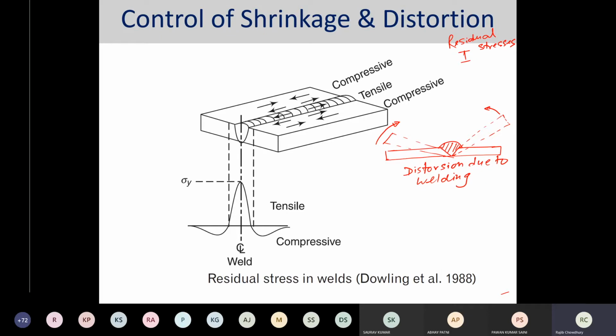Whereas the transverse shrinkage produces both angular and out of plane distortion, and due to the angular or out of plane distortion, a significant amount of damage happens in the connection itself, or the joints where the welding has taken place. So this shrinkage, either longitudinal or transverse, could be minimized by putting up some restriction or incorporating certain things. So what are the requirements to reduce the shrinkage?